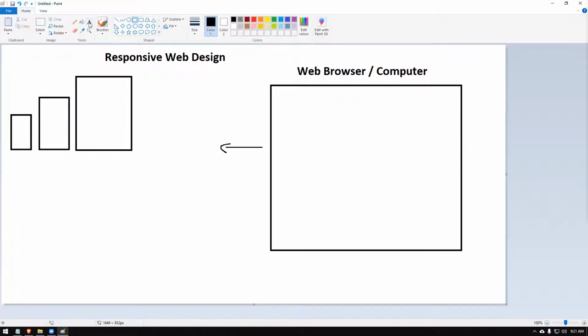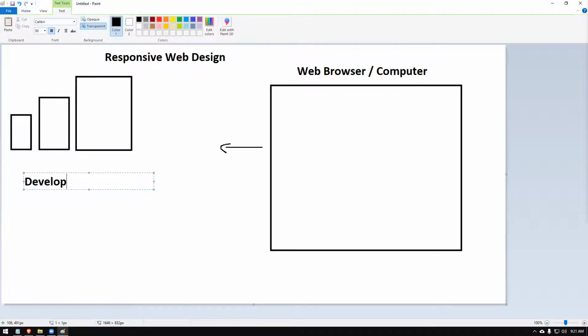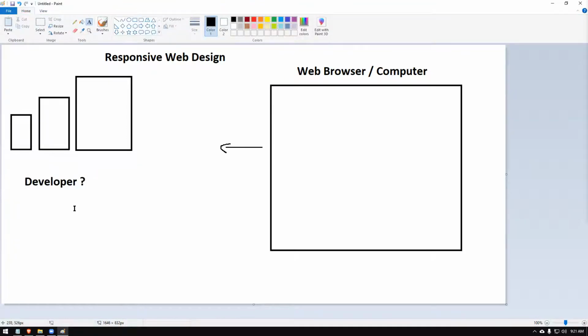So as a developer, you don't have a fixed resolution, like 1024 by 800 or 1280 by 720. You don't have such a resolution that you have to properly understand. So when we make a website, if you are really targeting people who will use it on computers only, then you can design your website on a large scale, no problem. But there will be issues if you try to access the same website on your mobile device, and the website is not responsive.